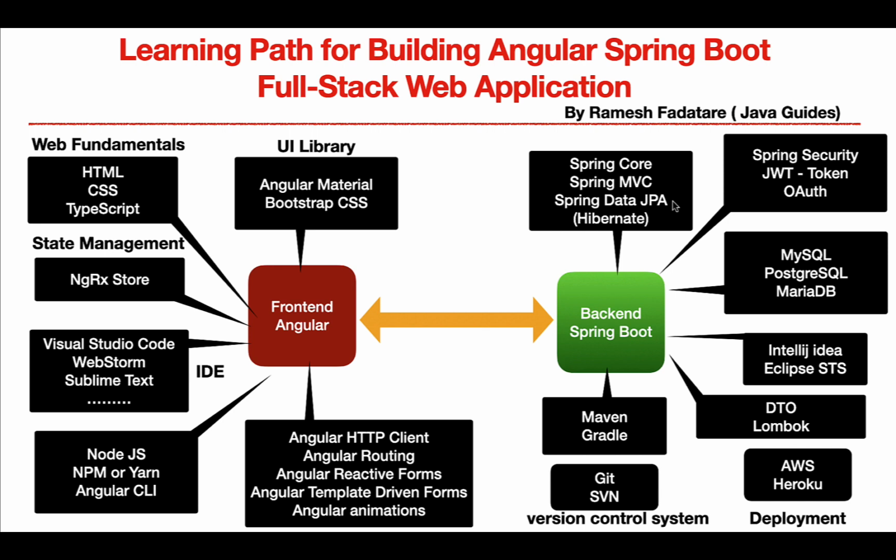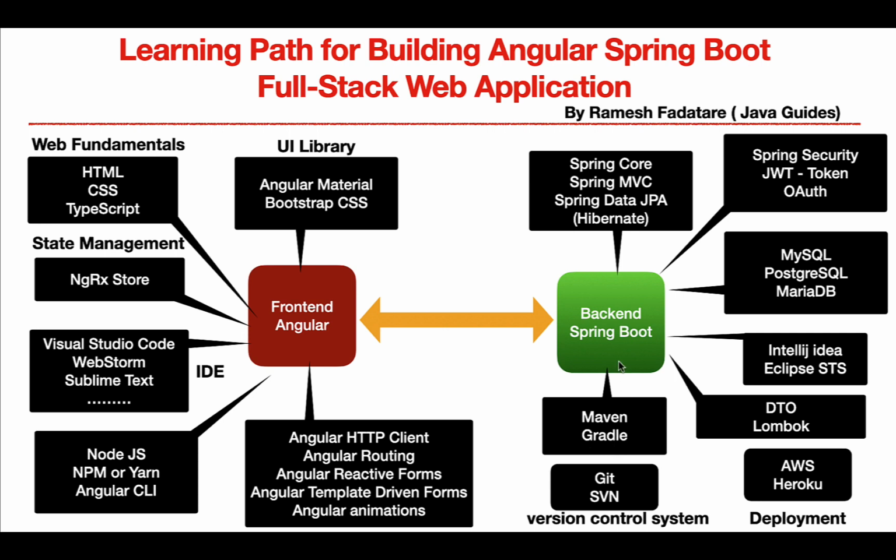And then go ahead and learn Spring Data JPA to work with the persistence layer. So if you want to talk about Spring Boot applications with databases, then you need to learn Spring Data JPA. And Spring Data JPA behind the scenes uses the Hibernate ORM framework as an implementation of JPA. Okay, so once you are familiar with all these modules, then go ahead and learn a build tool or a dependency management tool, that is, either you need to learn Maven or Gradle.